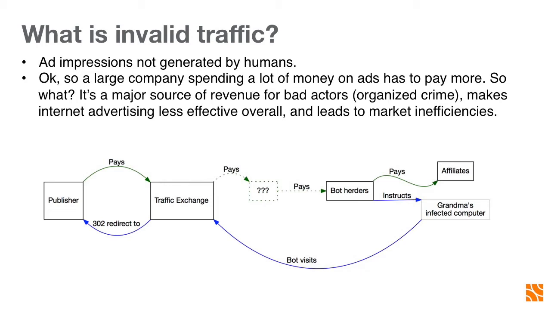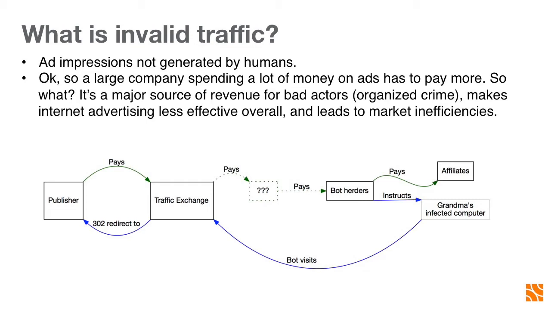If you think about it, in certain ways, advertising is all about traffic exchange. I mean, Google AdWords is to get people to come to your site, so it's not all illegitimate. But certain of these traffic exchanges are not very scrupulous about where their visitors come from. Now, there's some sort of a question mark situation here, with money launderers and we don't know what. But at some point, money goes from a traffic exchange to people who write computer viruses or operate data centers, the bot herders in this case. They have these computers they control, whether by viruses or computers they just rent from Amazon Web Services or something, and they have their infected users go visit the publisher's website by making a redirect through the traffic exchange.